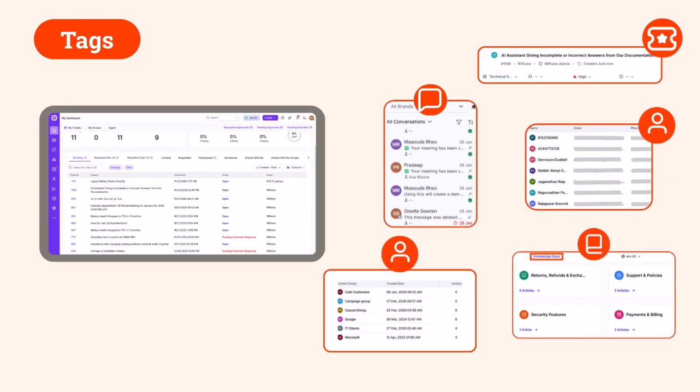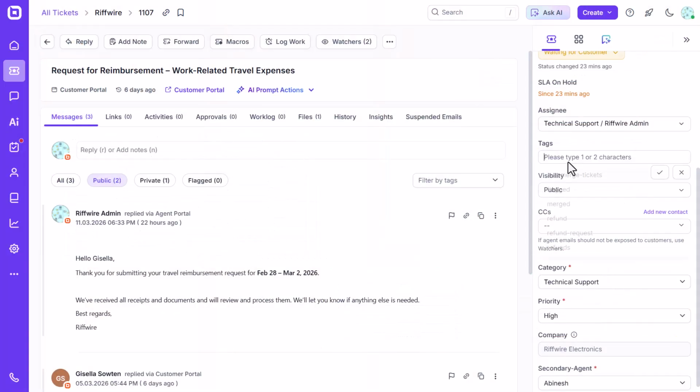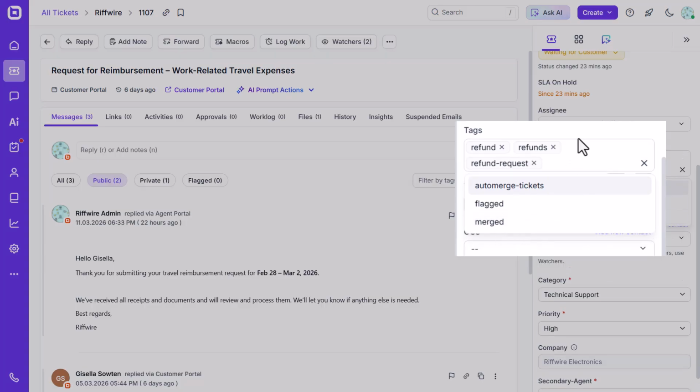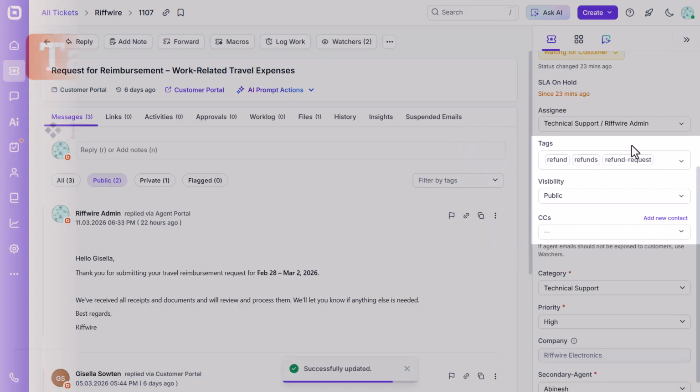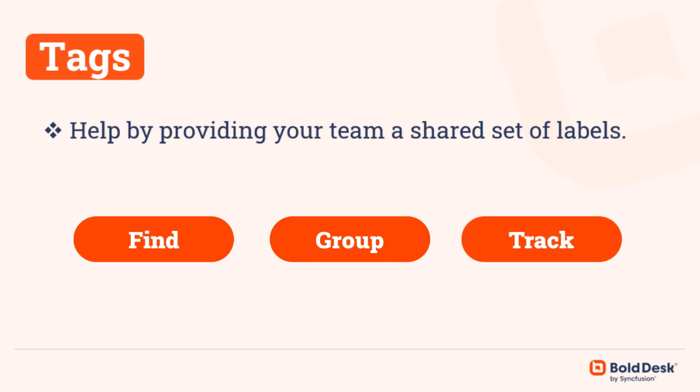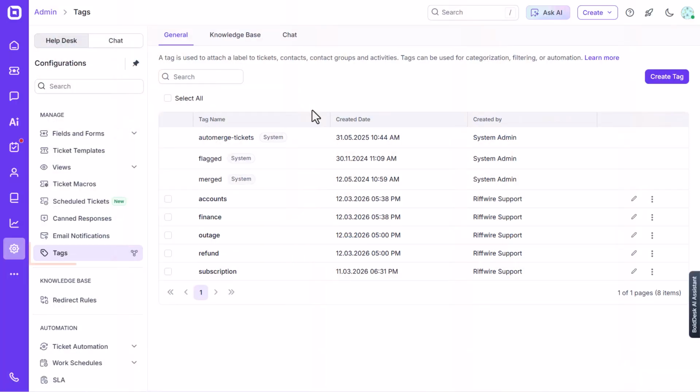If your team uses inconsistent tags like refund, refunds, and refund request, it can lead to confusion in your reports and filters. Tags help by providing your team a shared set of labels to quickly find, group, and track related work. In BoldDesk, tags are centrally managed by admins and then used by agents across different modules, so